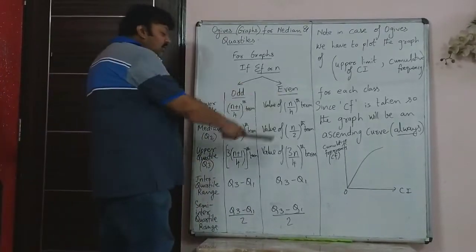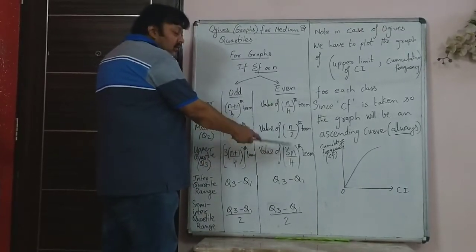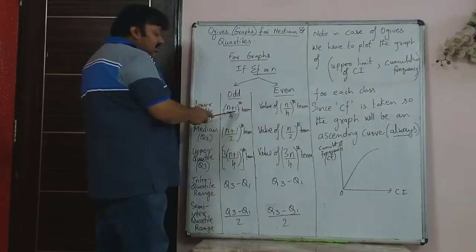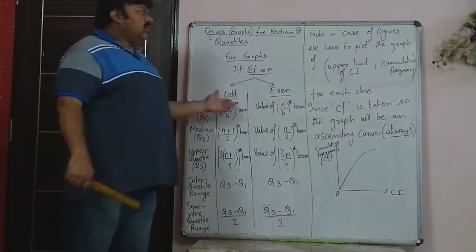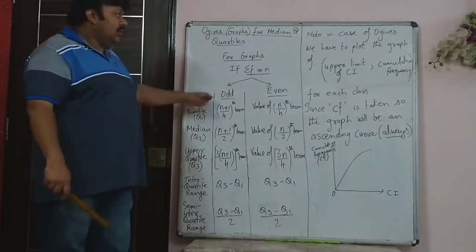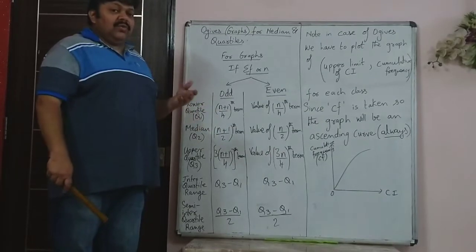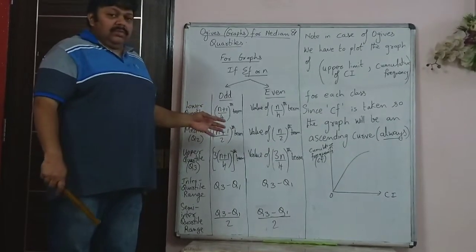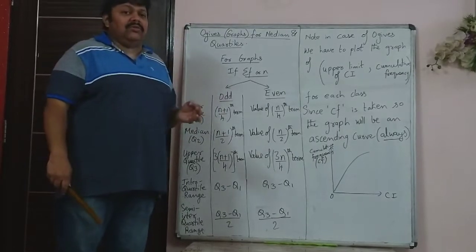Same way, for even also the same formula, but of course to find Q3 and Q1 you use the slightly different formula. So these are the formulae. You can note this down in the first page of your next page of your graph book, because after this we will be doing sums, a few examples. This is very simple and it's very difficult to get this wrong except for some very silly addition mistakes.